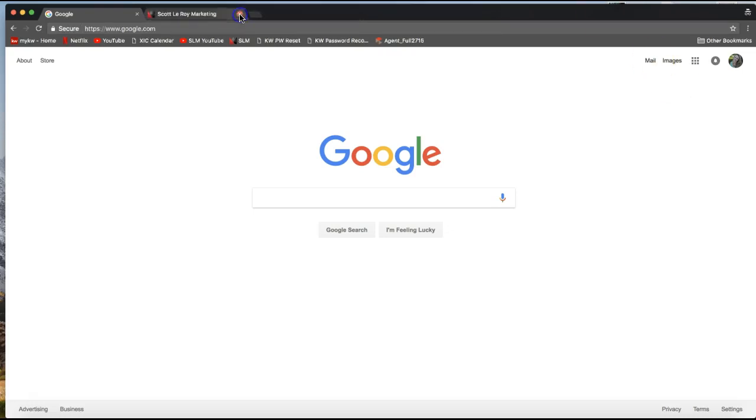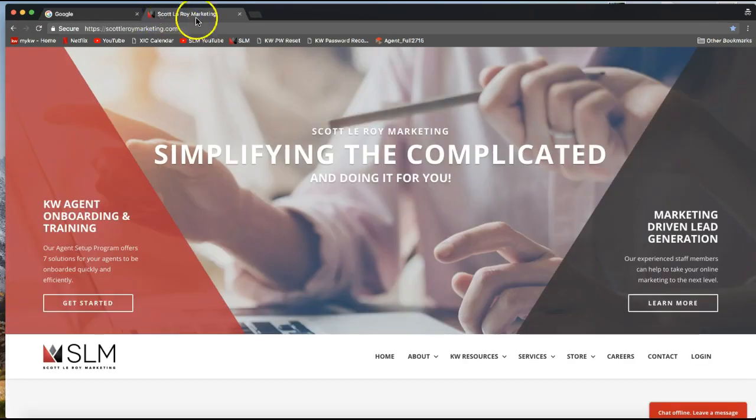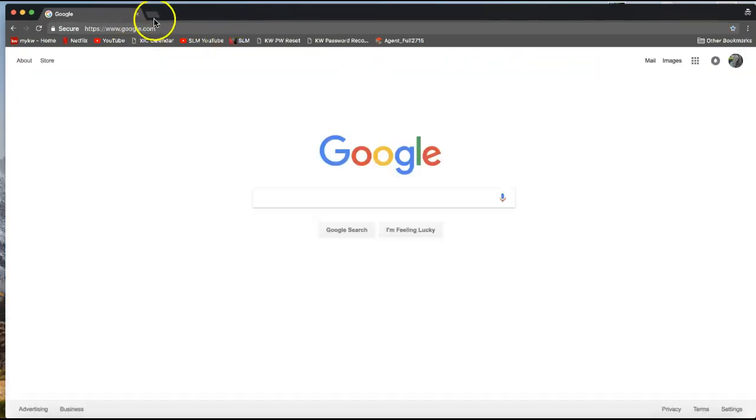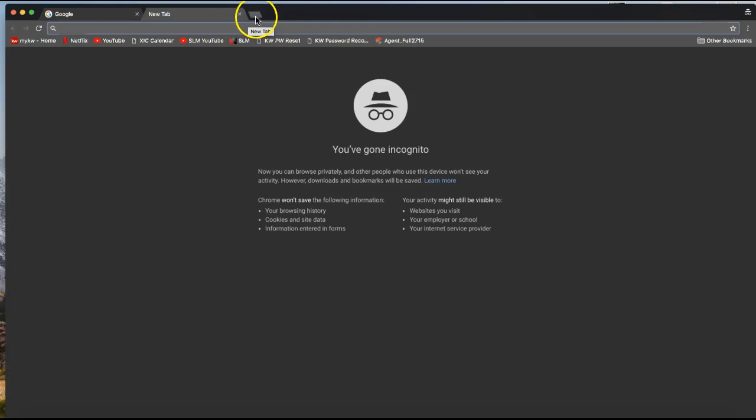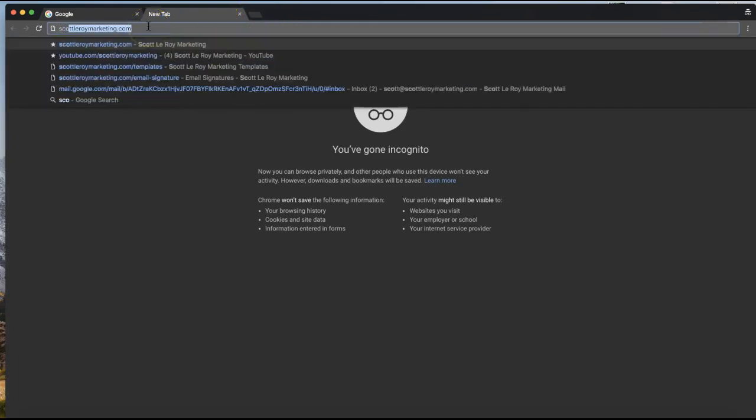Step two is we'll need to now open up a new tab. I'm already open to it, but let's go ahead and open up a new tab on your screen. If you are in Google Chrome, you'll see a little icon that shows a new tab. That's how you'll open up a new tab, by clicking on this odd shape here. And let's go ahead and type in